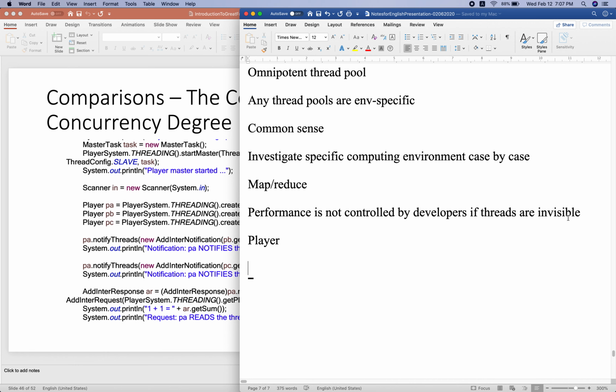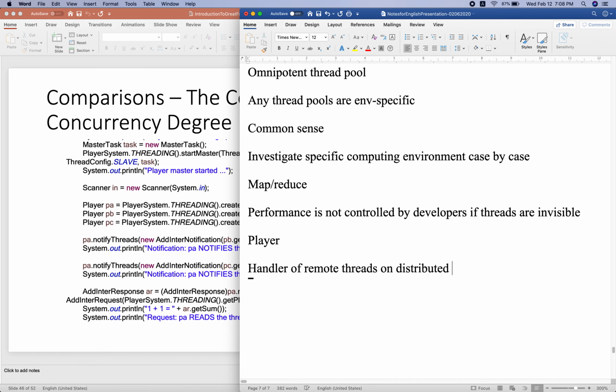Player can be called the handler of remote threads on distributed nodes.